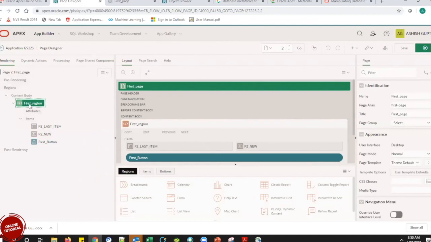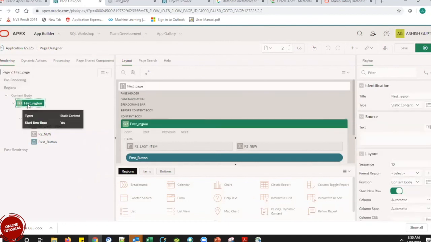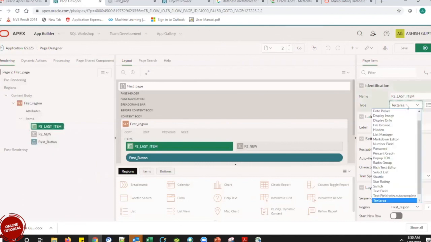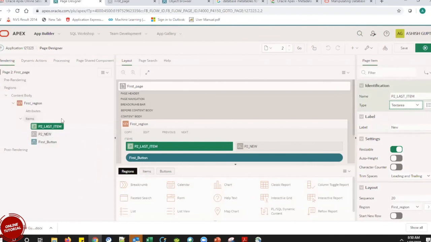Inside the page, we first created a region. If we don't create a region, we will not be able to create anything. Once we create a region, we can either create a sub-region in it or we can create an item in it. My item could be of any of the types we have just gone through. After that, we can create a number of items, we can create a button, and we can adjust the items as we want them shown on our screen.